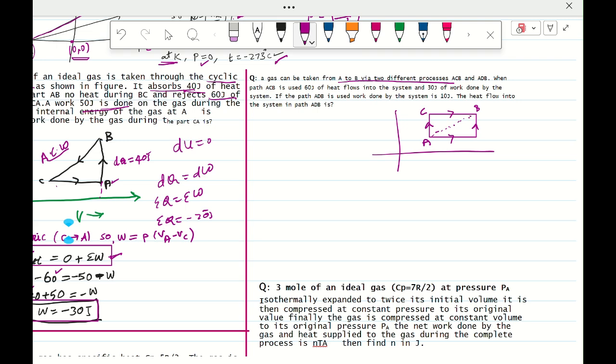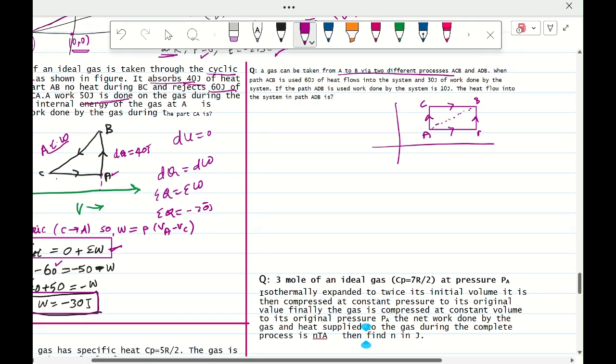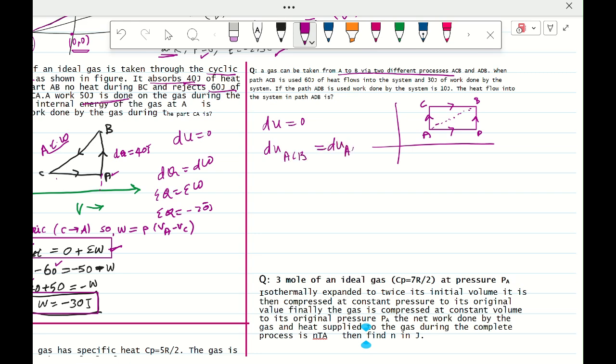Now if ABCD is a cyclic process, if we consider, then dU is equal to 0. That means the dU along ACB is equal to the dU along ADB. The internal energy along ACB is equal to the internal energy along ADB. So internal energy means dQ minus dW along ADB. So here 60 minus 30 is along ACB, the work done by the system along ACB, is equal to